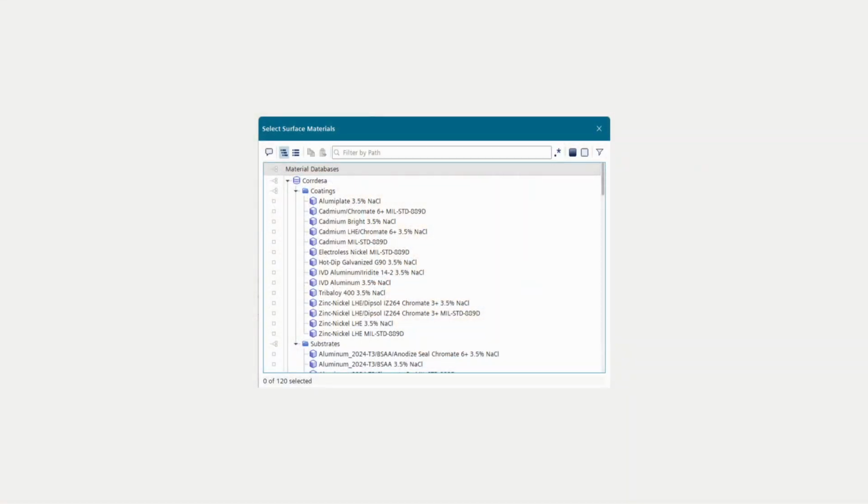So in SimCenter 2502, I'm happy to announce that we have successfully integrated the material database that is provided by Cordesa, that is called, as I said before, Corrosion Gin.